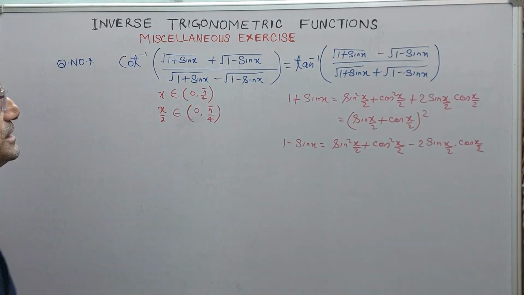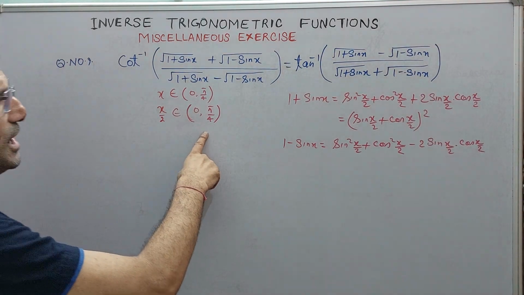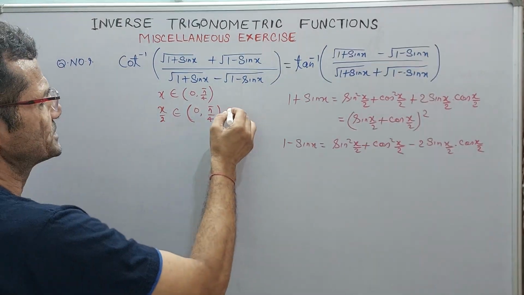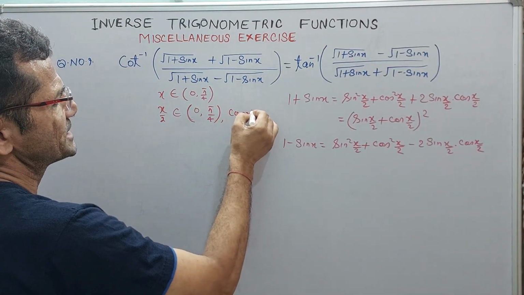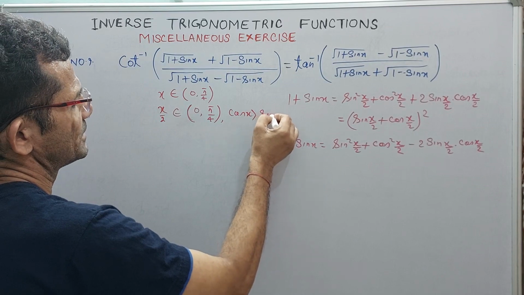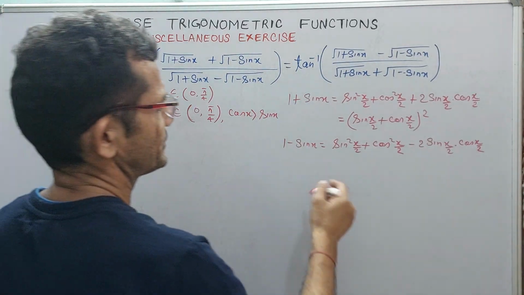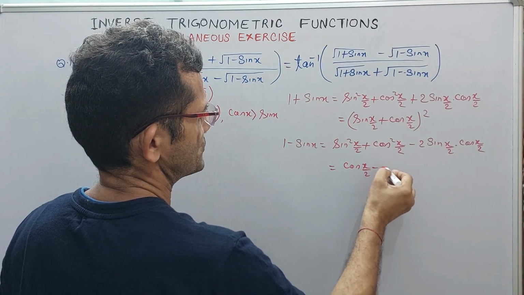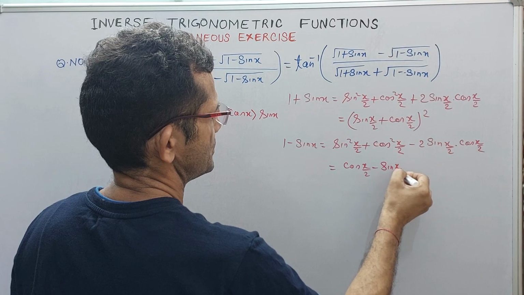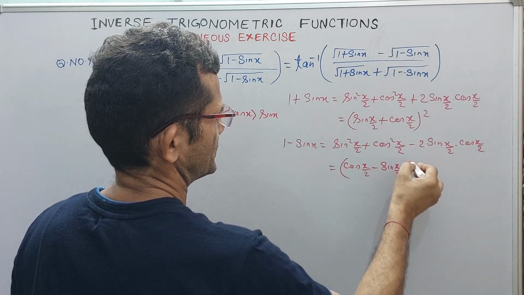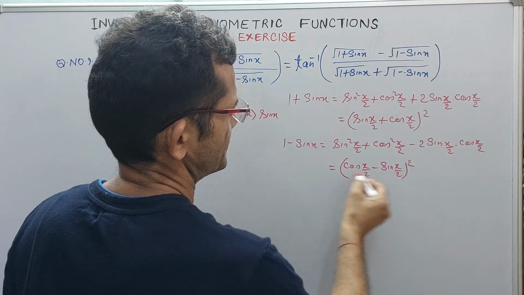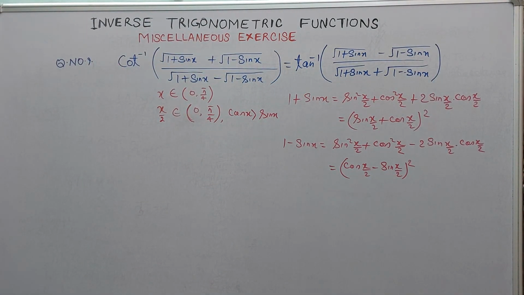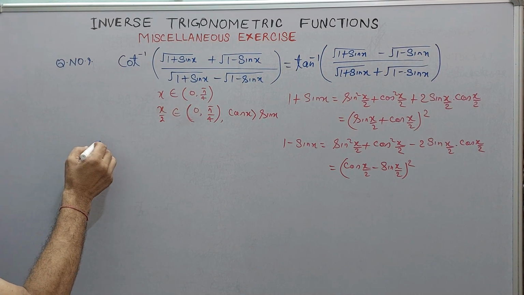So here, 0 to pi by 4 is within the first quadrant. In this quadrant, cos x is greater than sin x. So therefore here we can write cos x by 2 minus sin x by 2 whole square. So this term is replaced by this. Now putting all these values in this expression, it becomes: